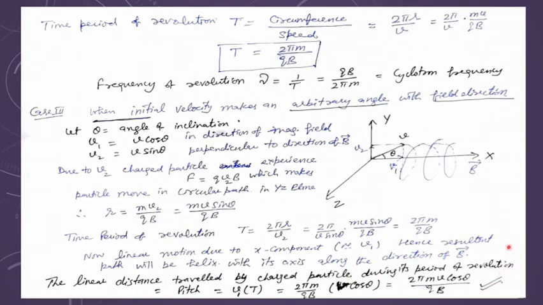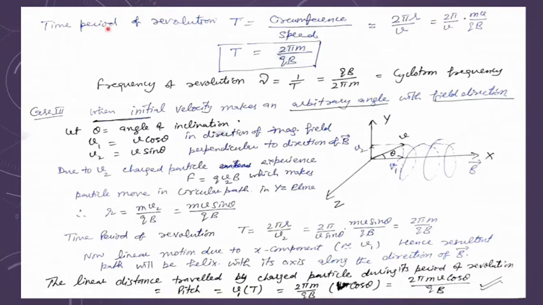You should all know the pitch is always the linear distance traveled in one complete rotation of the circular path. So when you give one complete rotation, you can always find the pitch. That means the velocity in the linear direction multiplied by the time period of revolution. You simply multiply these, and hence you can work it out. Is it clear to all of you? Do I need to repeat, beta?